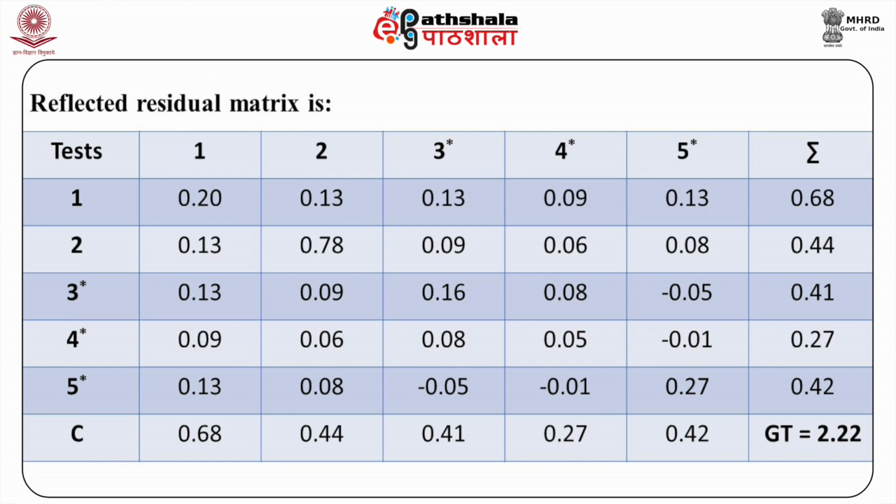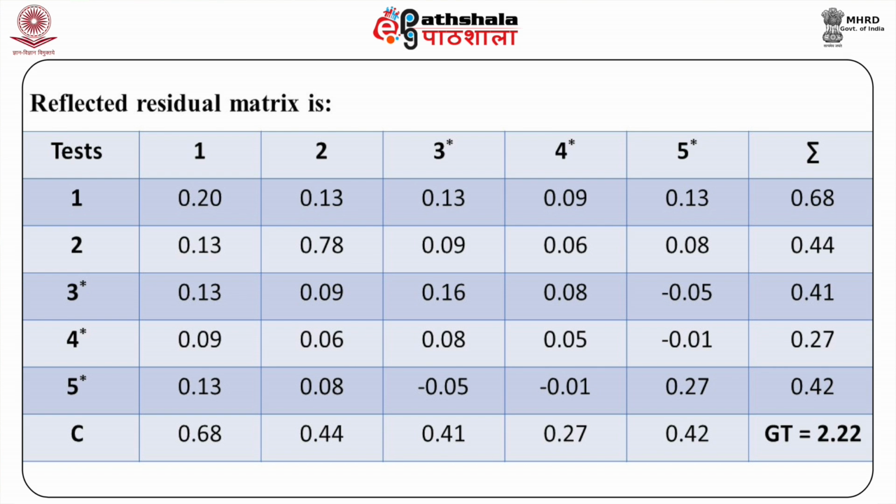For reflected test 4, 0.09 plus 0.06 plus 0.08 plus 0.05 minus 0.01 is equal to 0.27, and for reflected test 5, 0.13 plus 0.08 minus 0.05 minus 0.01 plus 0.27 is equal to 0.42, making the grand total equal